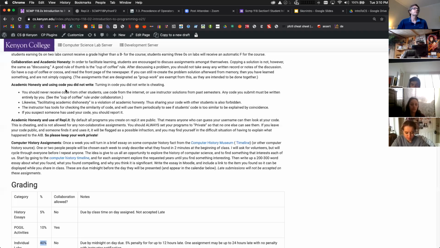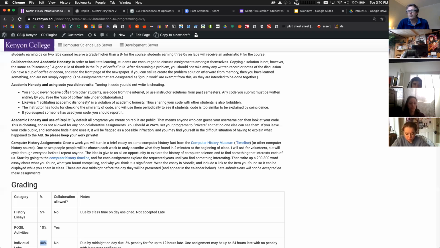And of course, so here's the rule. You're allowed to talk to each other about the problems. You can go out of class and you can say, hey, what do you think about that new lab? What kind of strategy are you going to use? I'm thinking about doing this. What do you think kind of approaches we need to take? Perfectly acceptable to have conversations like that. However, copying, having somebody send you via email or something, or you looking at their solution and then typing it, that is out and out cheating.